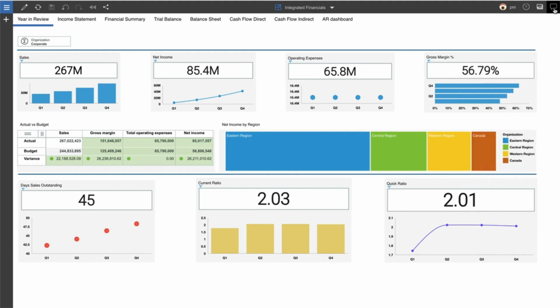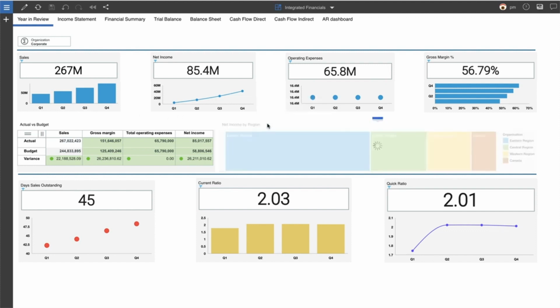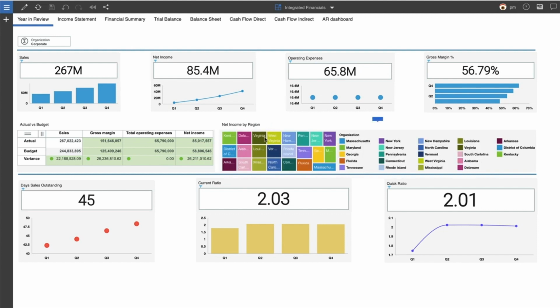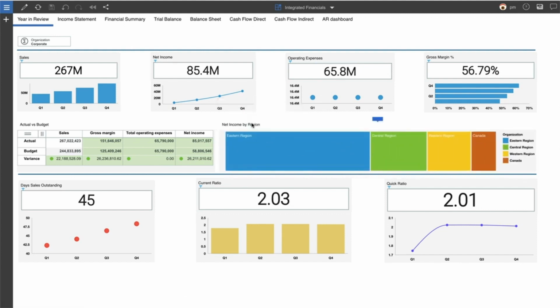By accessing my dashboard, I can view last year's performance and see that overall it was a good year. At the total company level, our actual versus budget looks good across all metrics. Sales and net income show growth for all quarters, while our operating expenses remained flat. To get more details, I can drill down and drill up on each of the charts, for example, to look at net income by state. The day sales outstanding metric, however, shows an alarming increase throughout the year. I now understand the CFO's concern and the need to improve our cash position,